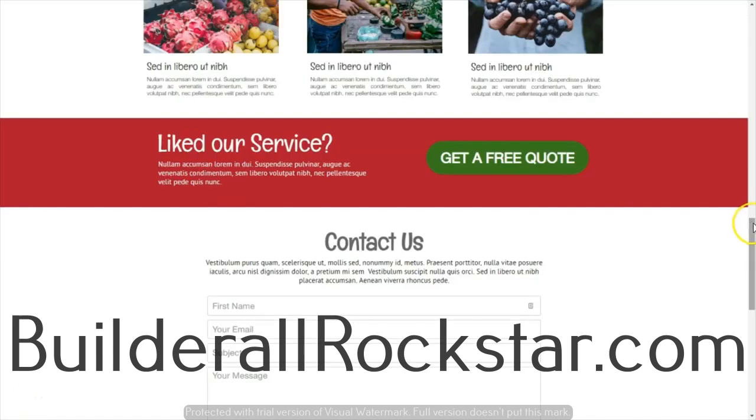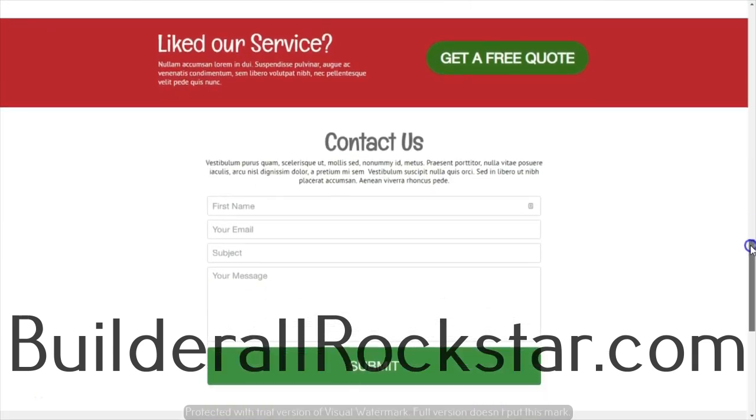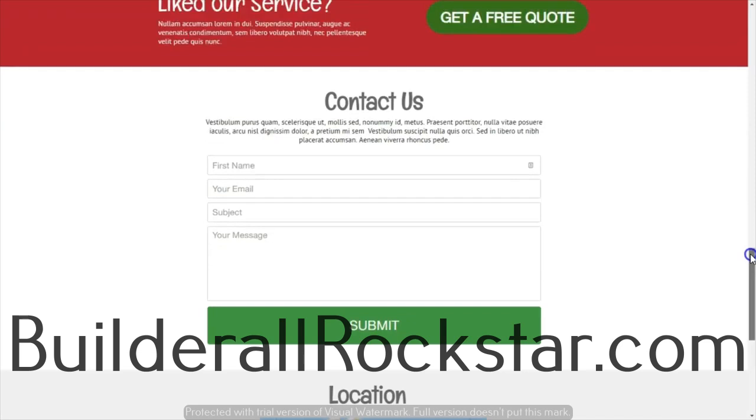So here we are on the original site. Let's scroll down a little bit and take a look at this contact form. First of all, it says Contact Us in that gray. It also has a paragraph below it that's center justified. Then we have the contact form itself, which has a first name, the email, a subject line, a message, and